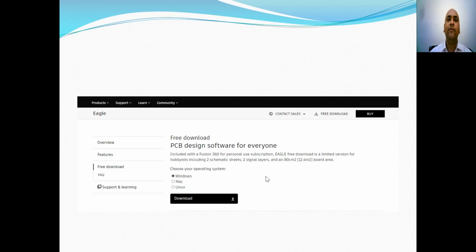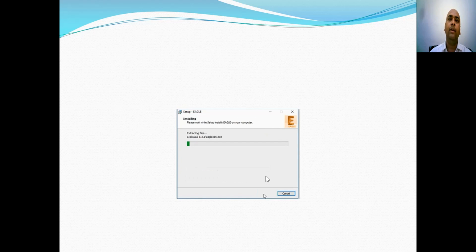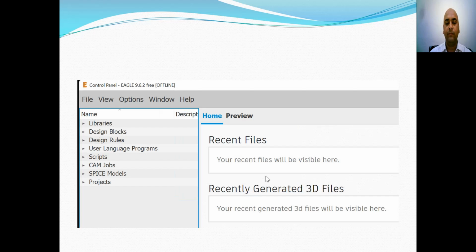Once the exe file of Autodesk Eagle is downloaded, run the exe file as administrator. After accepting the license agreement, Autodesk Eagle will start installing on the device.